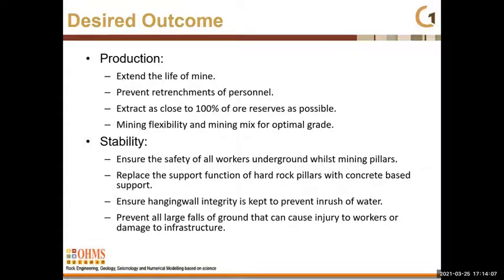In saying that, we wanted to employ that, but still keep the integrity of the underground workings, meaning that we have to ensure the safety of all the workers underground whilst mining the pillars. We have to replace the support function of the hard rock pillars with concrete-based support, as the dolomites in the hanging wall is associated with water, and the ingress of water can flood the mine, which will obviously close down the mine, and then prevent all large falls of ground that can cause injury to workers or